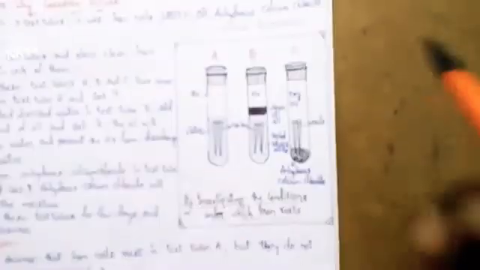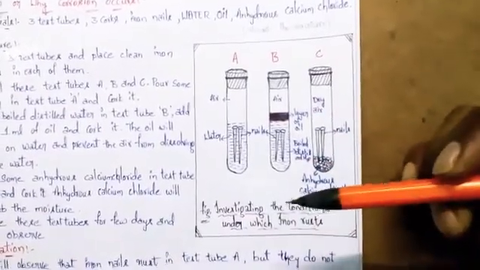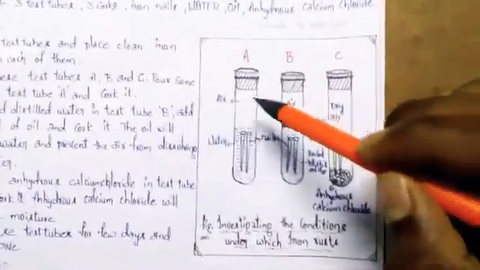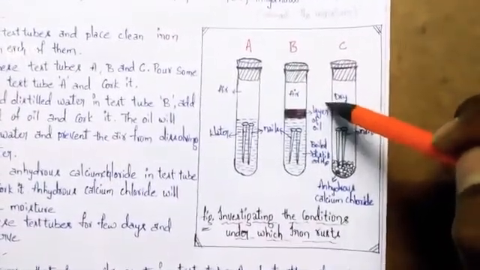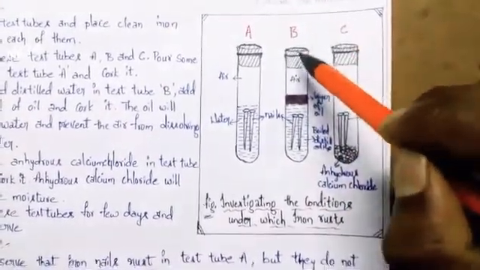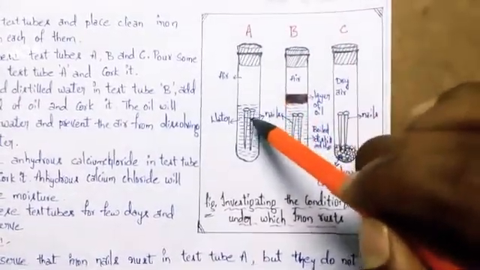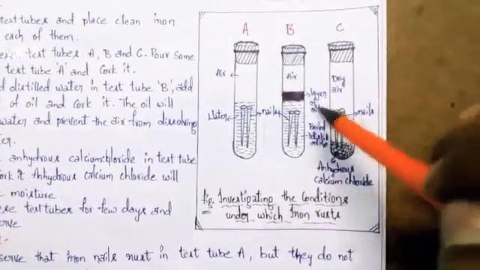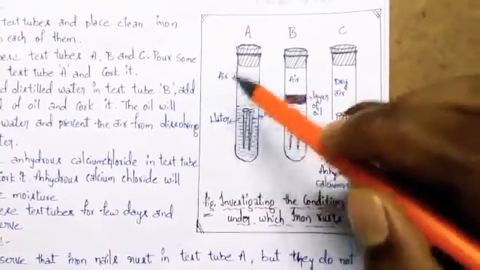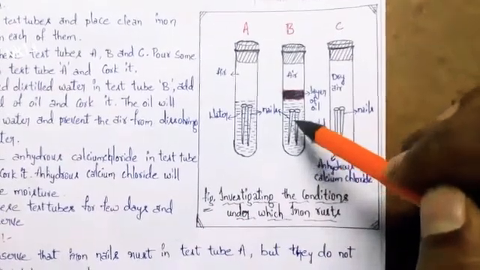Listen to this, whatever you have listened to previously and now, both will be useful for you. So listen to the diagram. Friends, we have taken 3 test tubes to start with. Next, we are naming each test tube with different letters for our easy identification. After taking the different test tubes, we have to add iron nails to each test tube. In test tube A, after placing iron nails, we have to add the water and close the rubber cork. Next, in test tube B, we have to add water and oil.